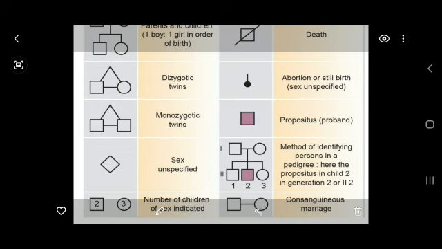Here you can see the first generation and second generation represented by Roman numerals. What is meant by consanguineous marriage? Consanguineous marriage means very closely blood related persons getting married. In Tamil we used to say morapaiya moraponnu, atta pasanga mama pasanga, they will get married. That will be represented like this: the square and a double line and a circle. This is called a consanguineous marriage. Here they have given it as a single line.